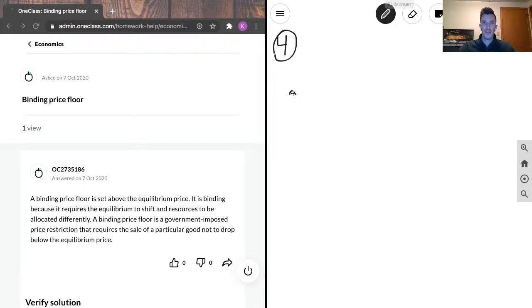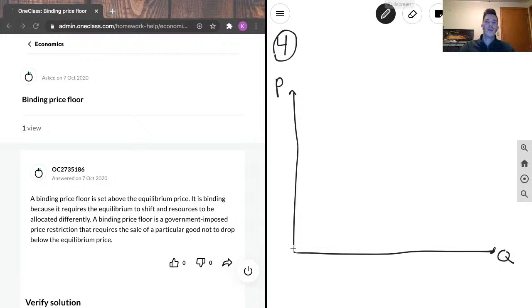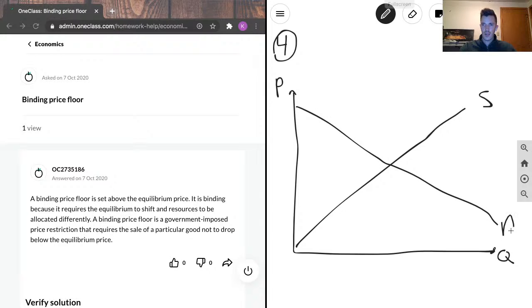I will do the floor first. So this looks just like our regular market for a good. Let me try that again. We've got our supply sloping upwards, our demand sloping downwards, and when there is no price floor or price ceiling instituted, we're going to have Q star